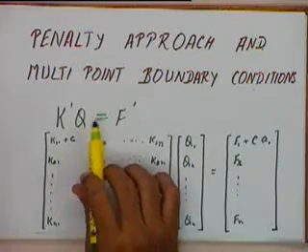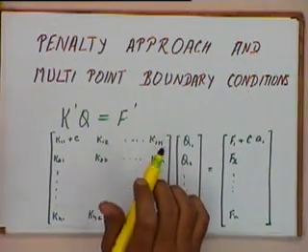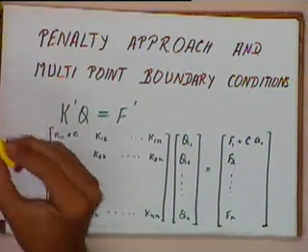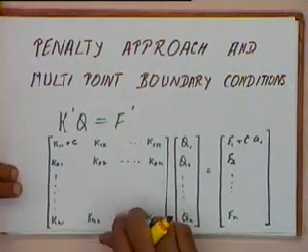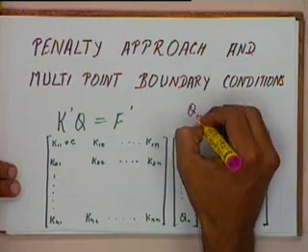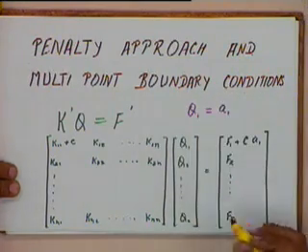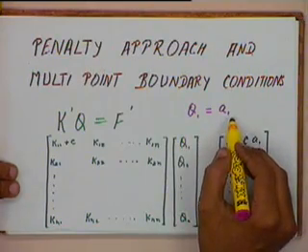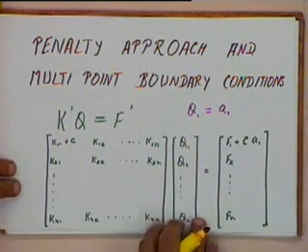Today we will be continuing with the discussion on the penalty approach, and then we will see what are called multi-point boundary conditions. So far we have only seen single point boundary conditions, that is, constraints of the type qi equal to ai, or let us say q1 is equal to a1, and we have seen that if we have a constraint of the type q1 equal to a1, then using the penalty approach we get